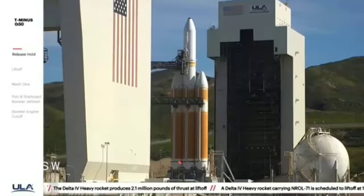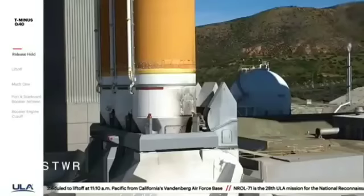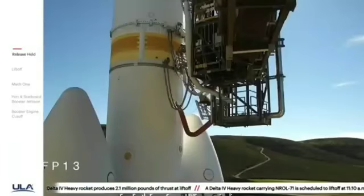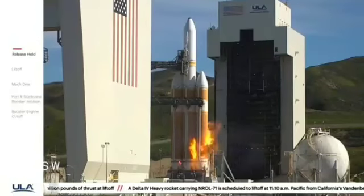50 seconds. Second stage, LH2 secure at flight level. Thirty seconds. Status check. Go Delta. Go NROL 71. Brophy ignition. T-minus 10, 9, 8. We should have ignition. 6, 5, 4, 3, 2,